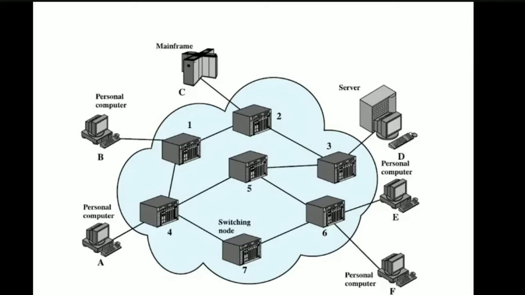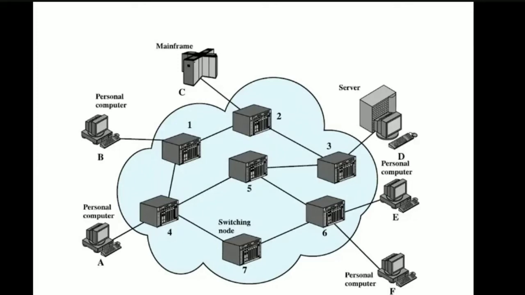Now 5 sends the request to 6. When 5 sends the request to 6, if it is okay, node 6 is going to accept it. Then node 6 completes the connection to station E. When node 6 is completing the connection, it makes a test to determine whether station E is busy or ready to accept the connection. If it is busy, that is some other case, but if it is ready to accept the connection, immediately the circuit will be established.